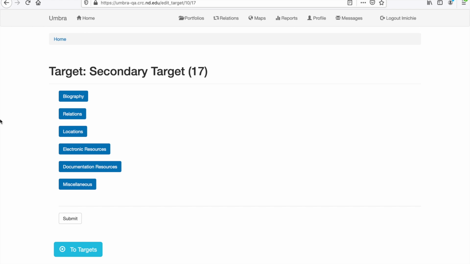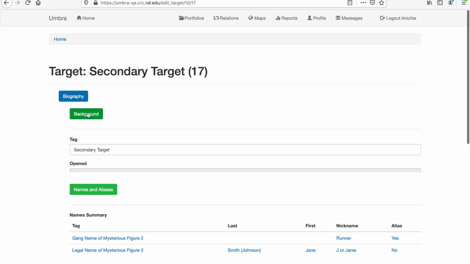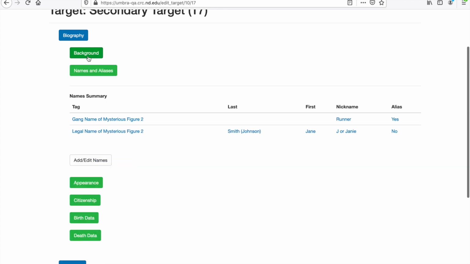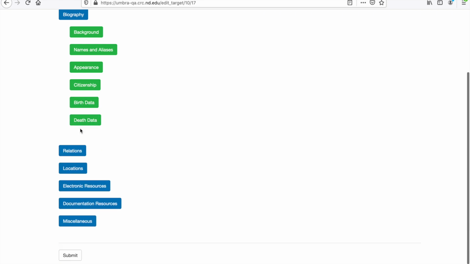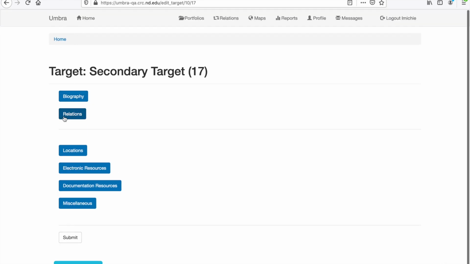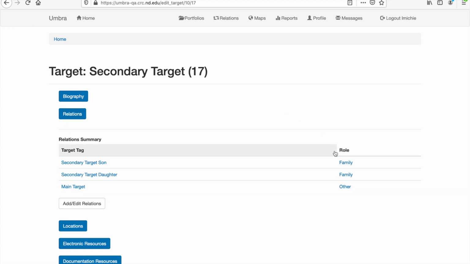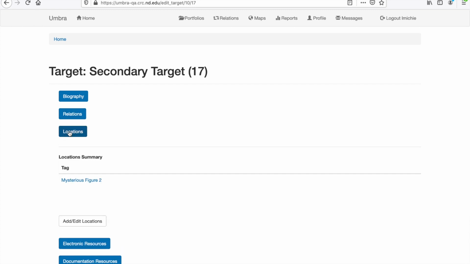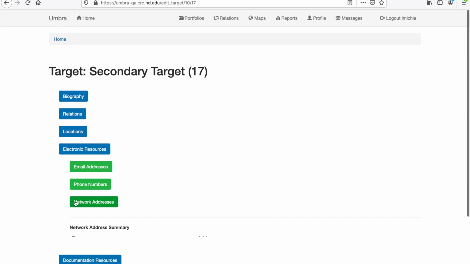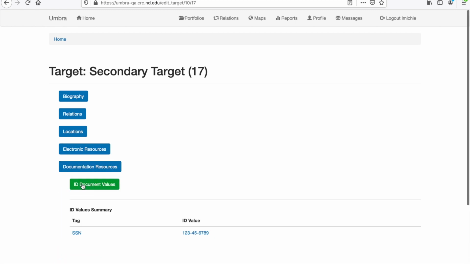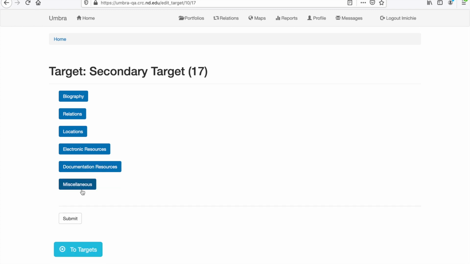The broad categories of data captured by a target include the following: biography, background, names and aliases, appearance, citizenship, birth data, death data, relations, relation summaries and links, location summary and links, electronic resources, email addresses, phone numbers, and network addresses, documentation resources, documentation ID values and materials, and miscellaneous with notes. All these elements are edited in the same way, so I will use names and aliases